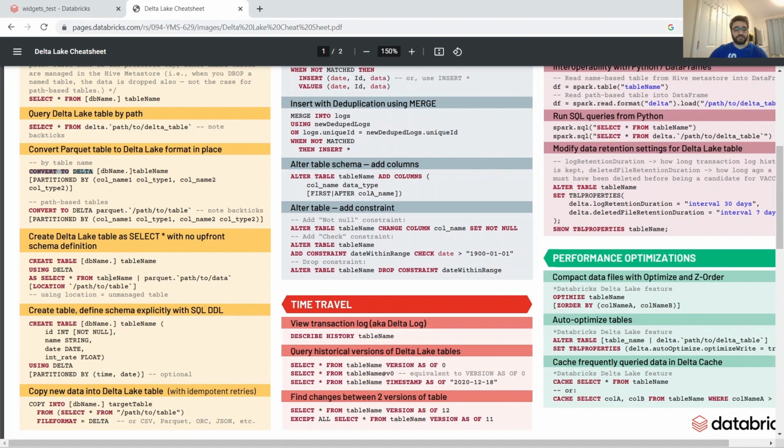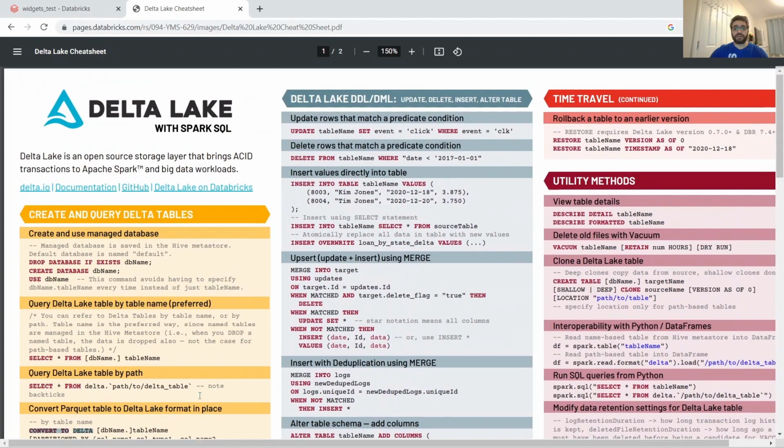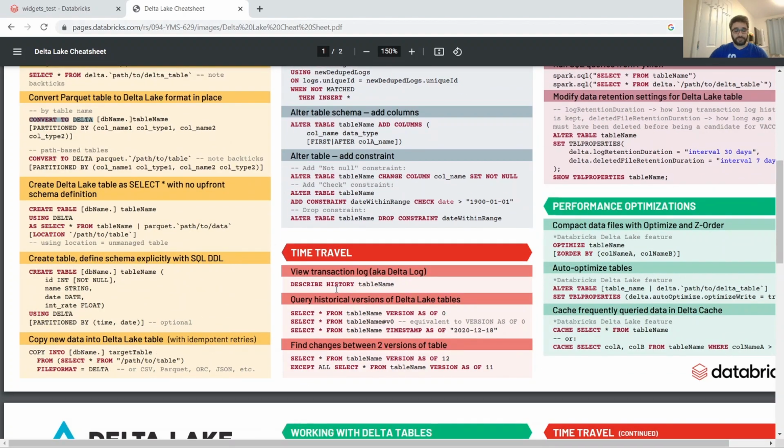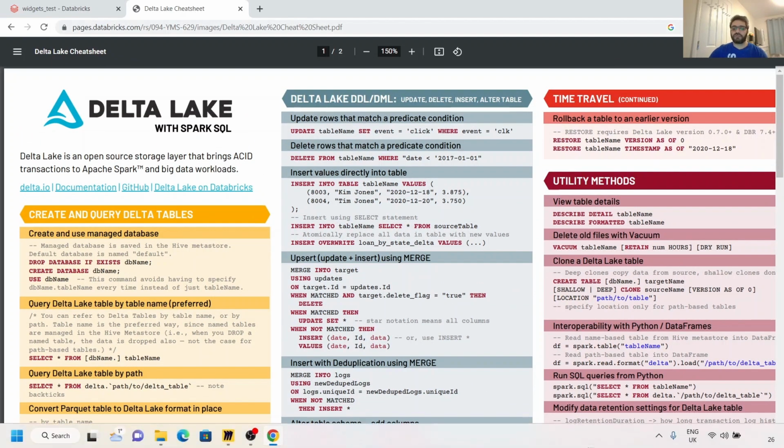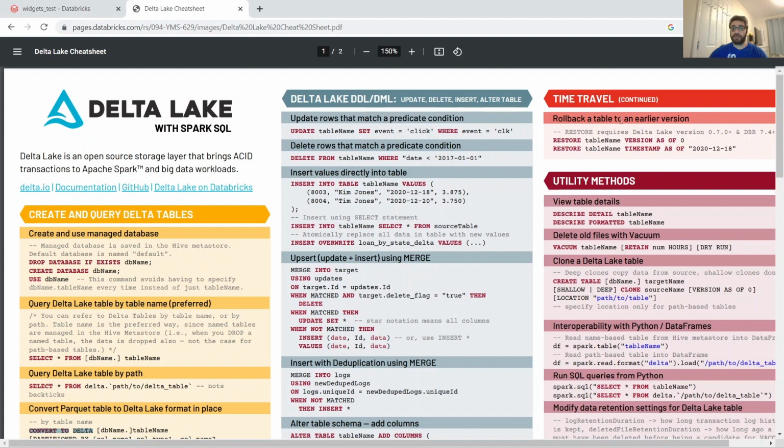How you enforce schema, how you create a new table, how you can do time travel, describing history, how you can roll back, how you compare between two versions of Delta Lake, like two table versions, time travel, operations, rollback, restore command, utility methods, describe table, describe formatted, cloning a table, another good feature,